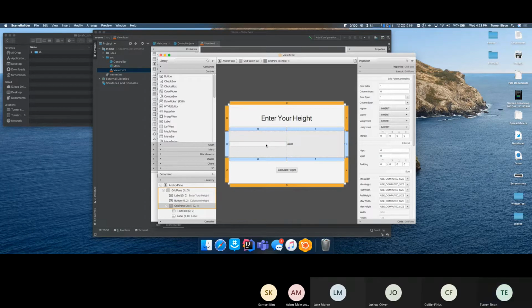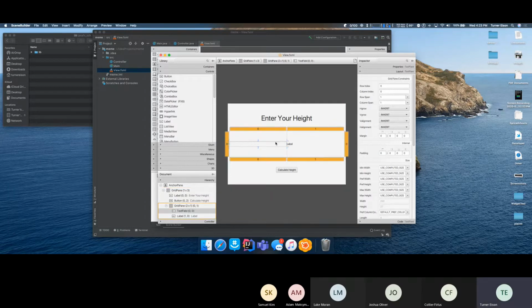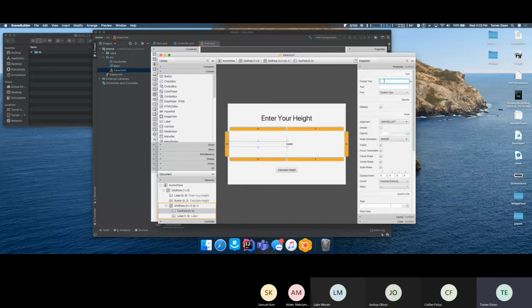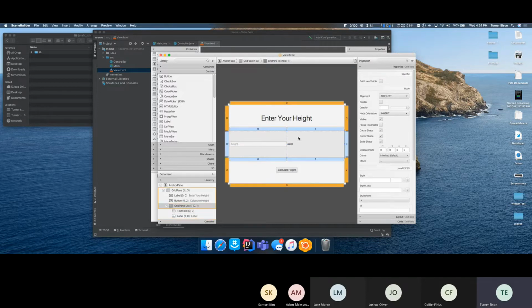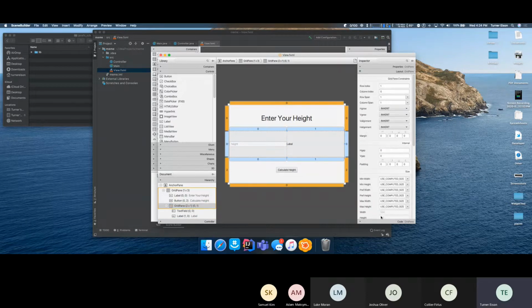Awesome. Now we can pretty this up a little bit for this text field. If we have it selected, we can see it's selected down there. We can go into its properties. The prompt text is the grayed out text that kind of tells you what to type in here. So there, it looks like it says height. When the user starts typing, that height will go away and be replaced with whatever they type. Awesome. Now, if we just go back and have our inner grid pane selected, we can also, in the layout,